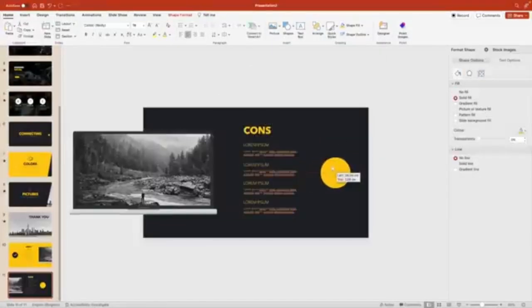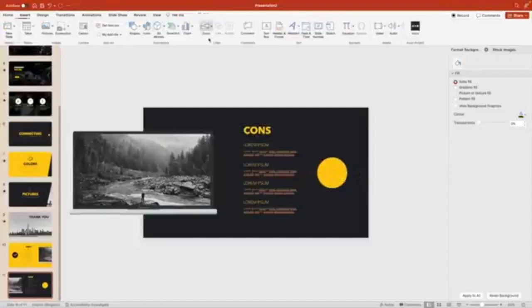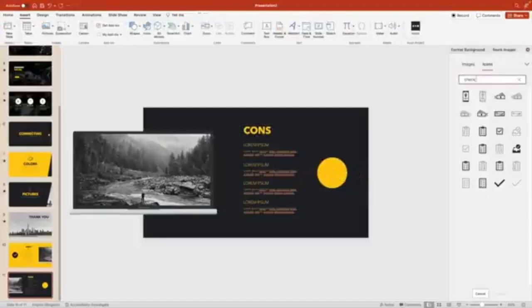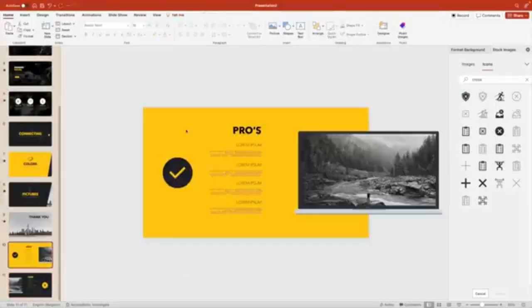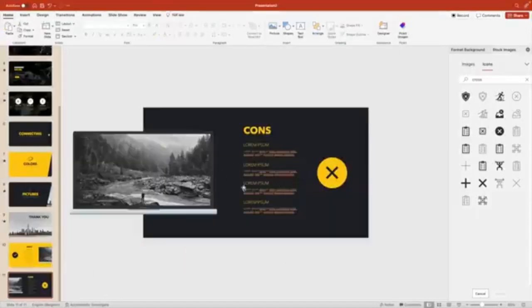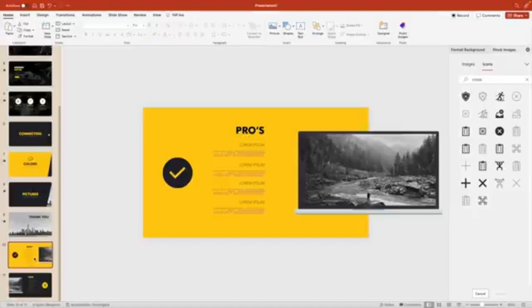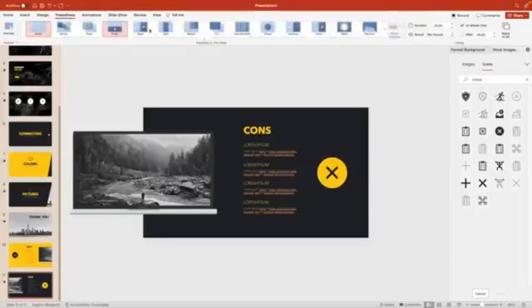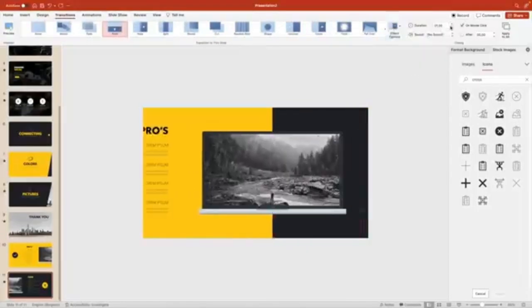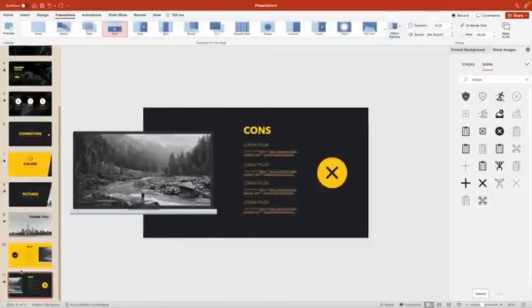Position it in the same place, do the same with the circle, insert, icons, and here we do a cross and drag the cross on top of the circle. For the color, we're going to use this same color. And now we have created two slides. Let's position everything at about the same distance from each other. And this way we have a pro slide and a con slide. If we now add a transition, the push transition, from the right again, and increase the duration. Let's preview